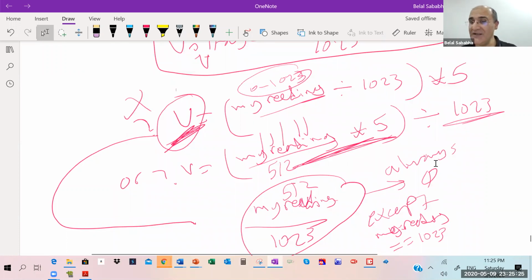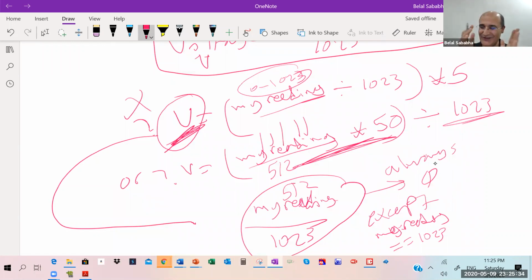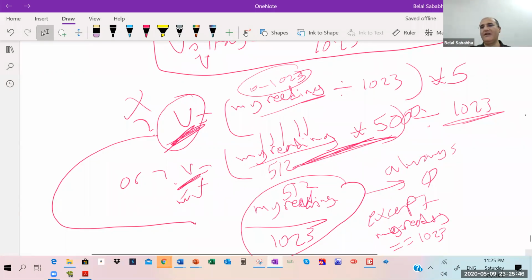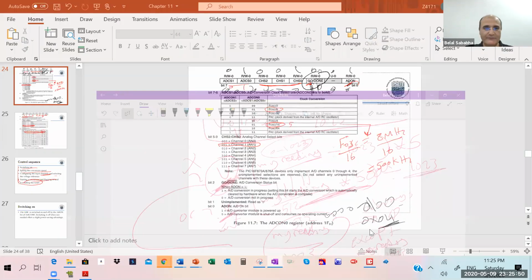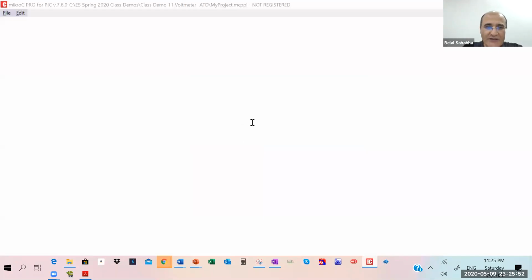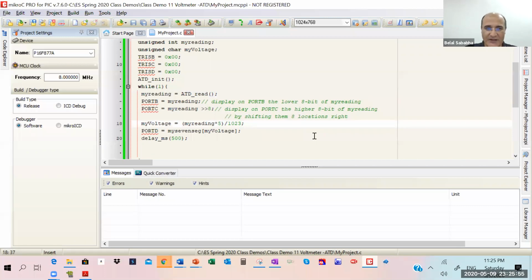If you need more accuracy, well, multiply by 50. You'll get like 5.1, 5.2, 5.3, right? Or multiply by 5000, you get this voltage in millivolts. You'll get more accuracy. Okay. So writing this with integer math is different from